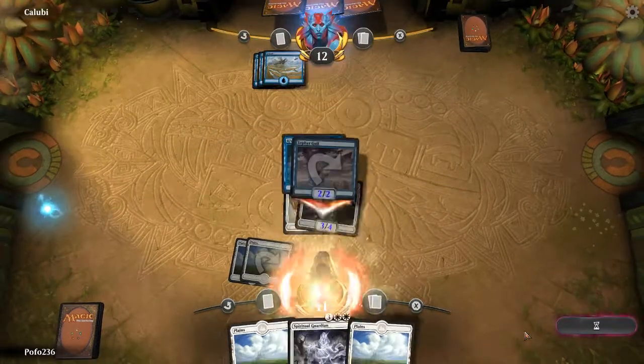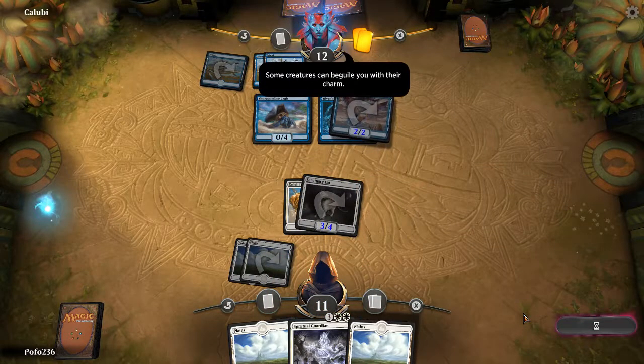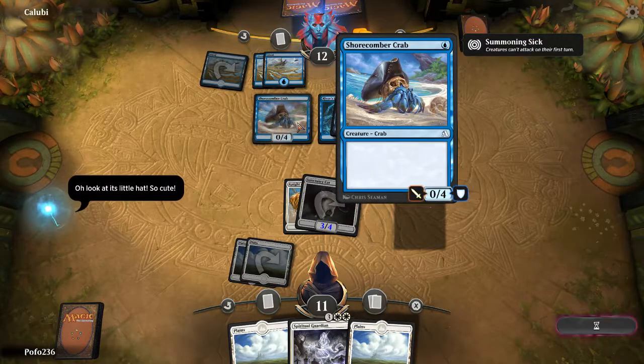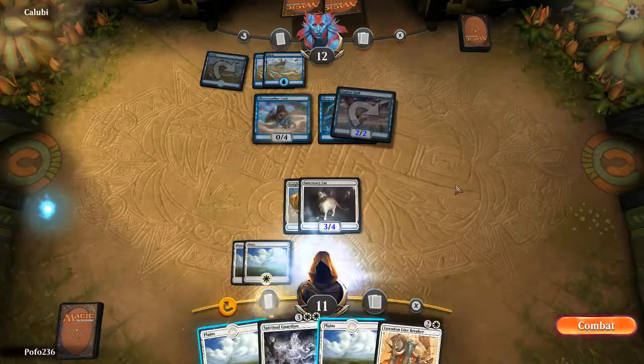Uh-oh. Some creatures can beguile you with their charm. 0-4. So basically it's, oh, look at his little hat. So cute. Sorry. Continue. That's a little bit cute. But anyways,